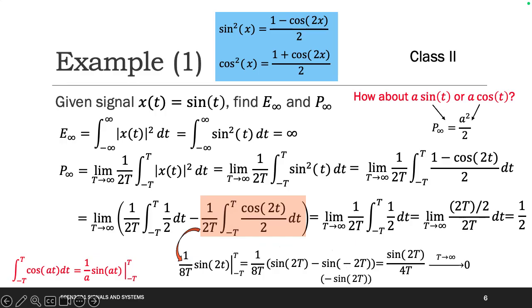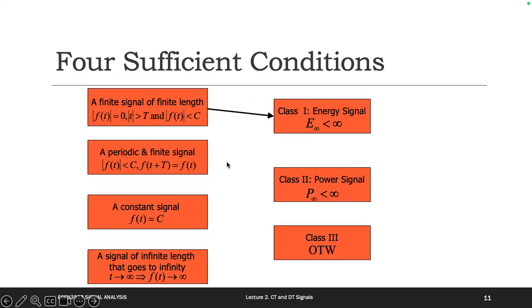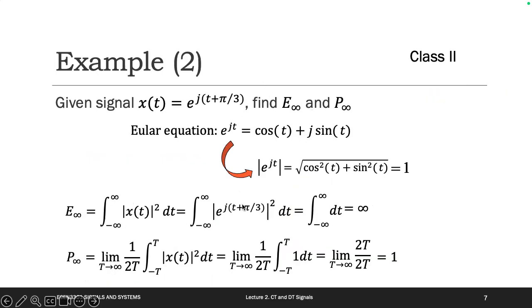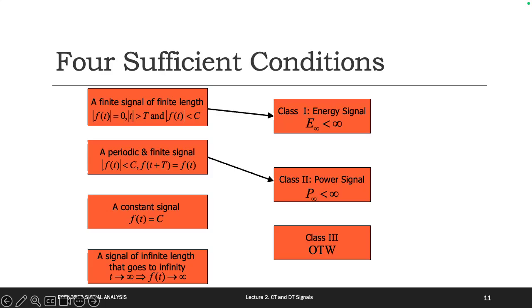And now even here we add the other constant finite signal. Which class does that mean? Class 2. Yeah, you can see all the periodic signals will belong to class 2. You can see this one. The fundamental thing is just the consistent. Okay, how about this one? A constant signal.